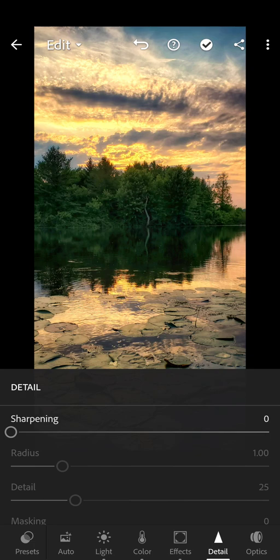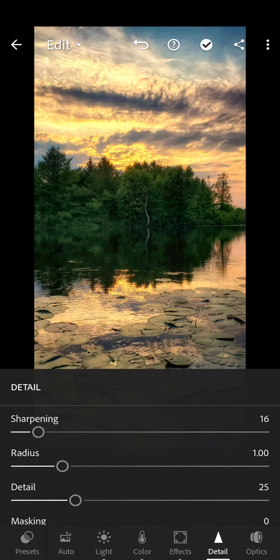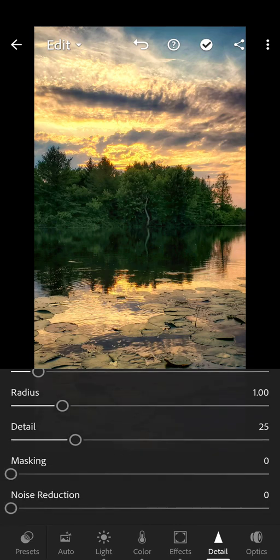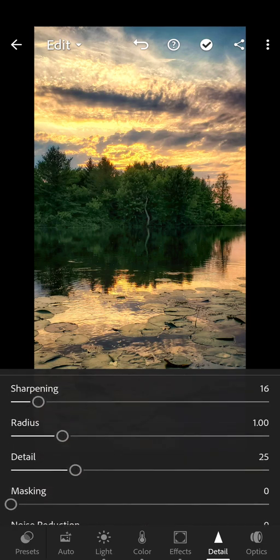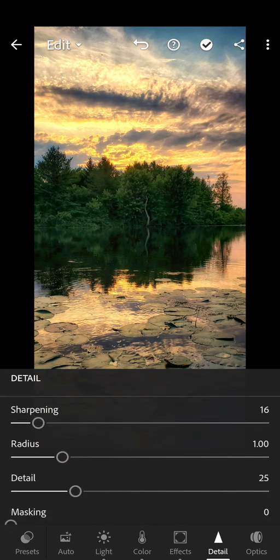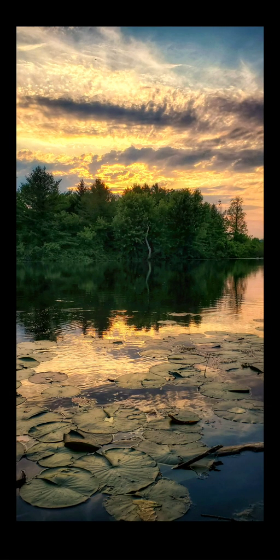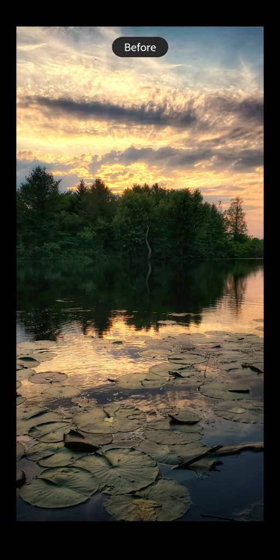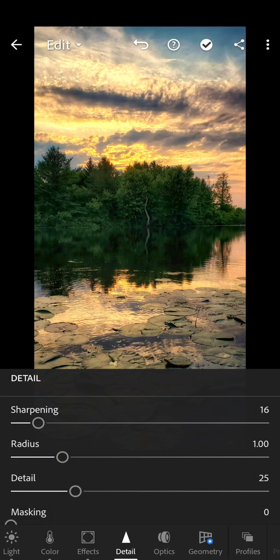Sharpening, we can increase sharpening a little bit if we need it. And yeah, I don't think so. I don't see any noise over here. We don't need to do any of that. Apart from that, it's looking good to me. So you can come back and see, this was your image from Snapseed, and this is what it is right now, right? I do see some fakeness in the cloud, so I'm going to decrease my sharpness again,